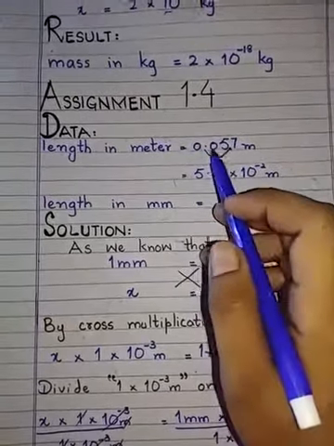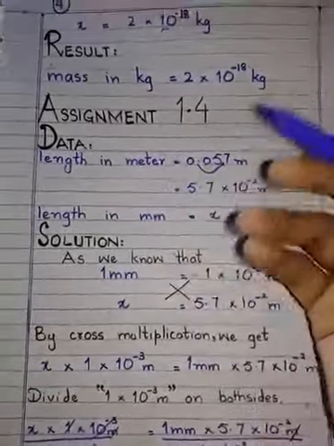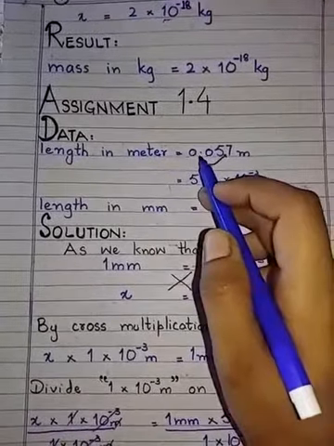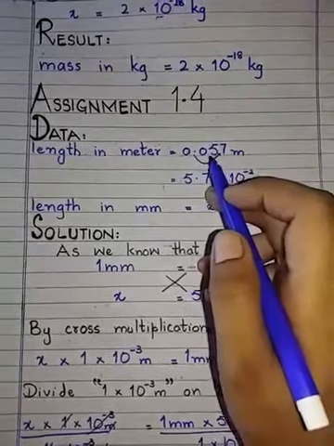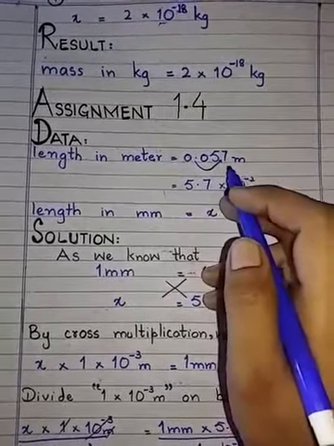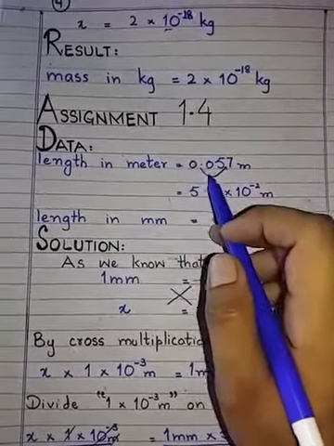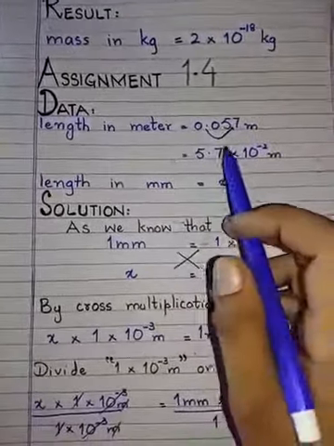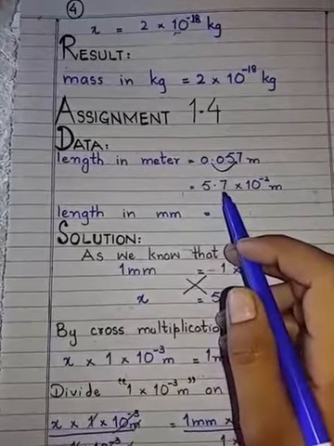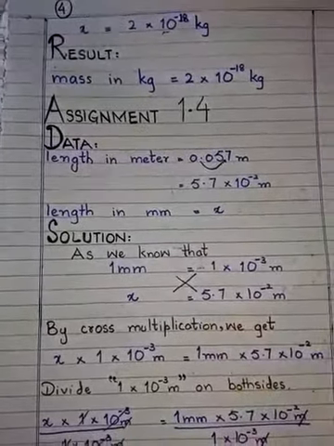Same procedure will be followed, that the decimal will be moved toward the first non-zero digit. 5 is the first non-zero digit, 7 is the second non-zero digit. So the decimal place goes after the first non-zero digit. So the value is 5.7 into 10 raised to power